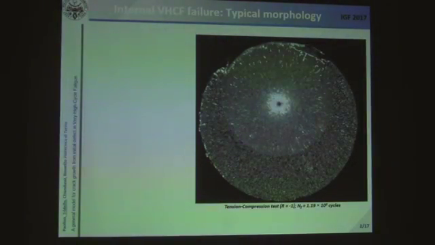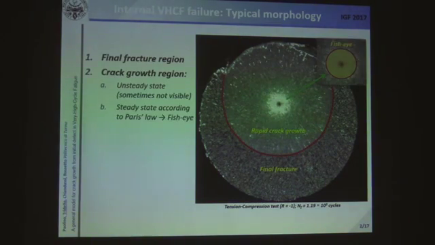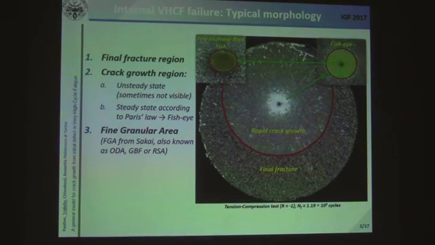Let's start with a short introduction of the fisheye morphology. Here we report a fisheye morphology that we obtained in our lab. With the naked eye we can recognize two features: a zone of final fracture and a zone of crack growth, which can be subdivided into two zones, a rapid crack growth and a steady crack growth inside the fisheye, which is shown in the figure. In the center of the fisheye, we can find a fine granular dark area, which is